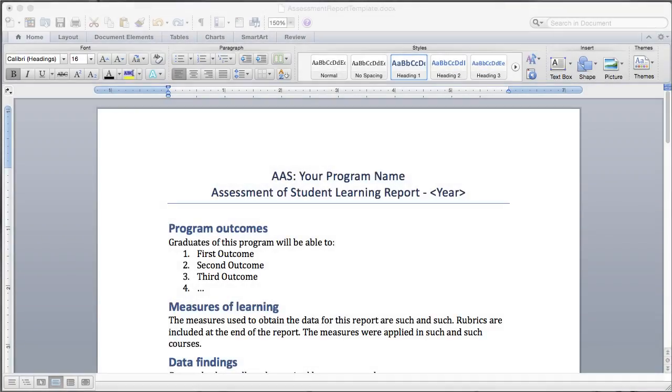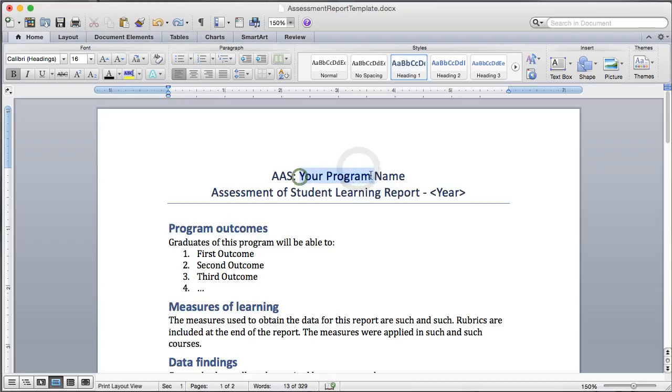What you see here is the template for the assessment report. This will help you to organize your data and findings. You want to replace this with your program name. You want to replace this with the degree that you plan on assessing, or if it's a certificate of achievement, you would write COA. Here, you will replace this with the academic year, such as